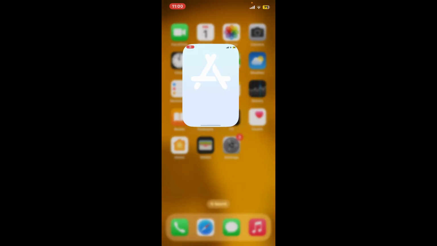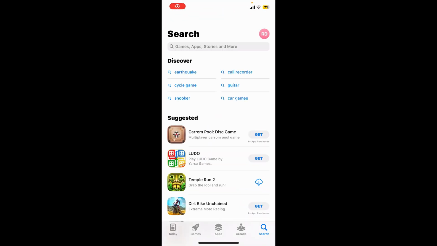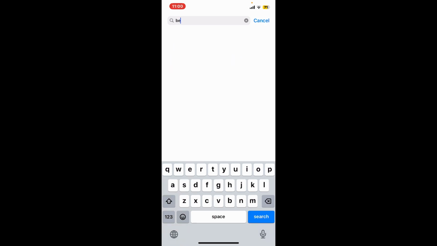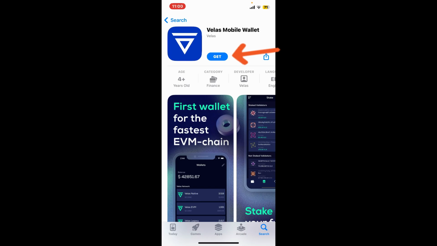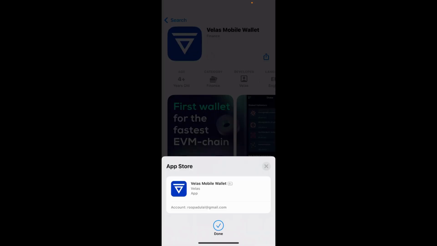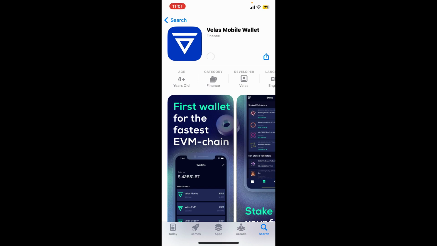First of all, open your App Store and also make sure that your iPhone is connected to a stable internet, whether it is a Wi-Fi or a cellular data. Once you're in the search box, type in Velas wallet and search. Look for this application and tap on the Get button to begin downloading the app on your iPhone. Log in with your Face ID or your Apple ID and password, and you will be able to start the